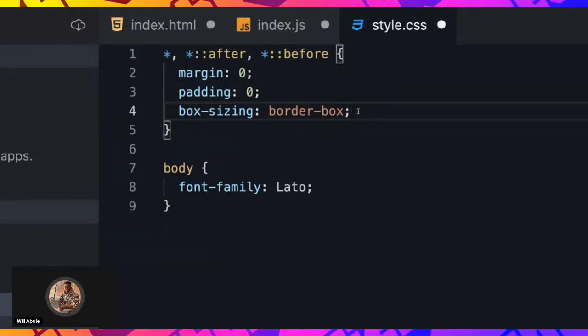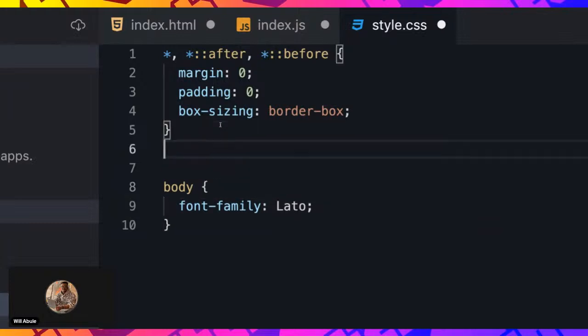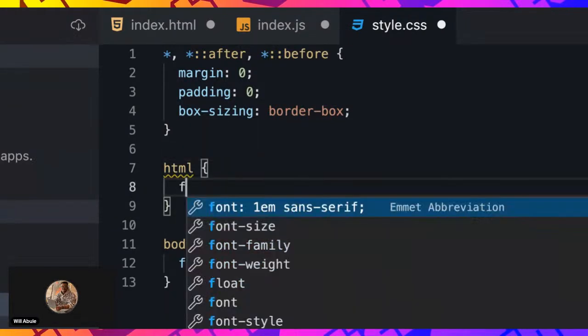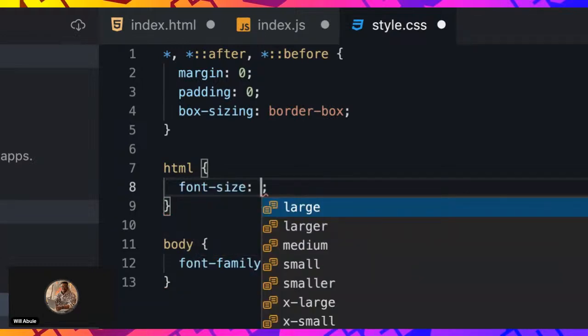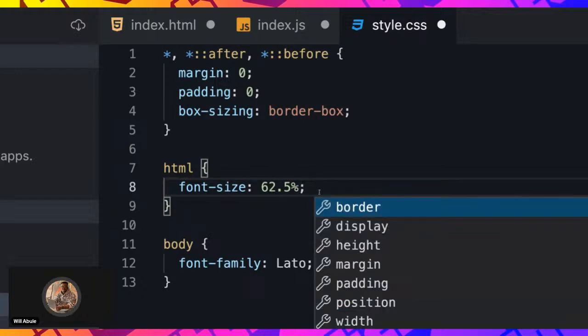So we have this box sizing. So here I'm going to set the font size. Sorry, I'm going to set the HTML. So I'll say HTML, and I'm just going to say font size is going to be 62.5 percent. So it's basically, if the browser's font is like let's say